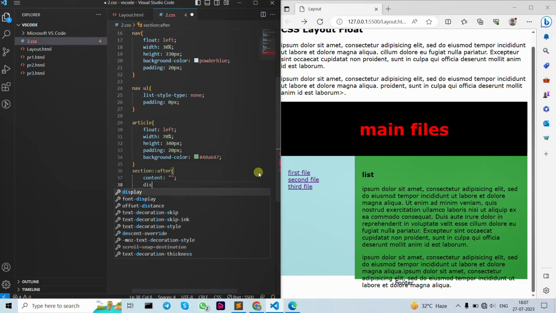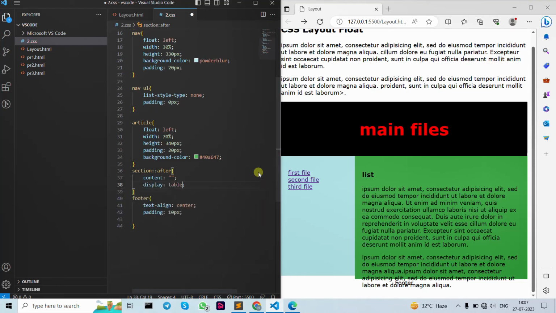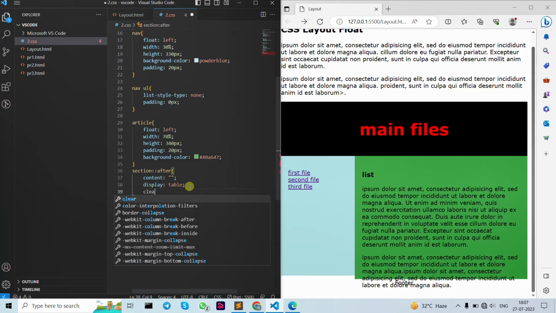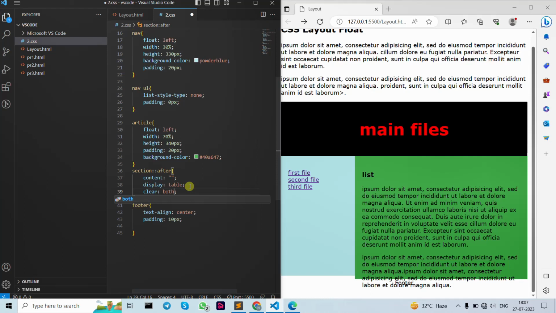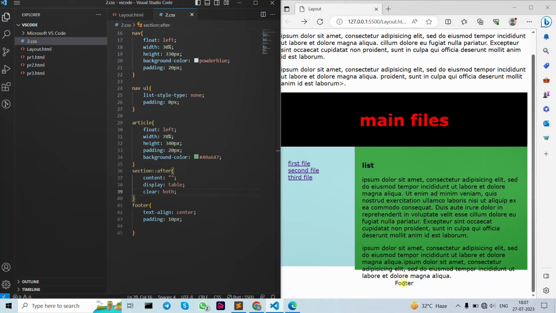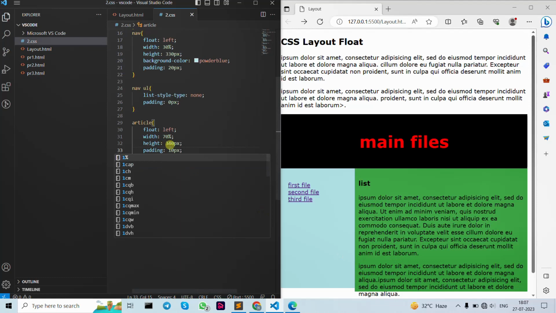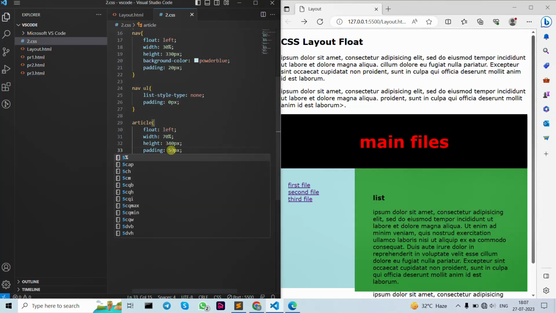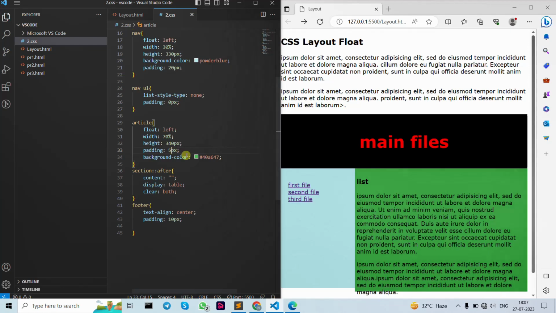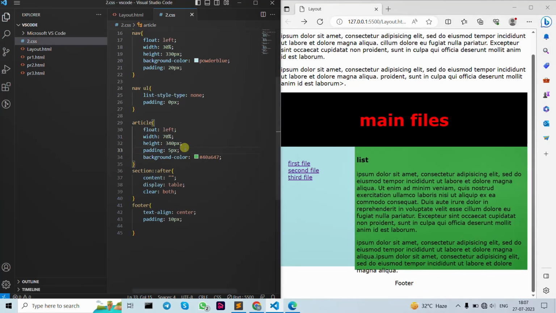Then display table, then save. Okay, as you can see that, then write down clear both, then save. Okay, as you can see that our footer is right now down here. Okay, then let's have 10 pixel. Okay, let's give them 5, then save. As you can see, for padding,